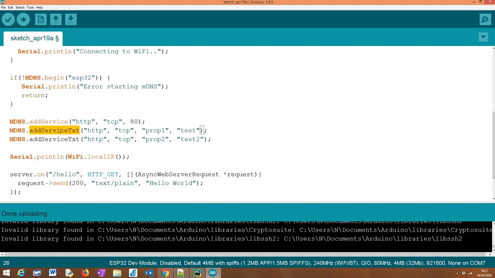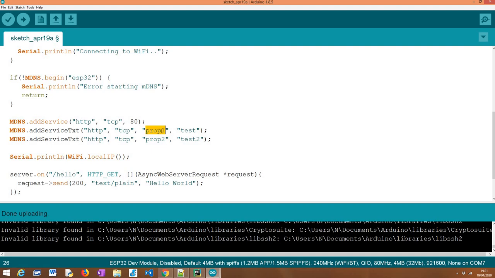As an additional procedure, which is not needed, in case we want, we can add properties in the format of key value pairs, with additional information about our service. To do so we just need to call this add service txt method, and again, to identify the service type, we pass the name of the service and the protocol over which the service is working, which should match what we have done before.